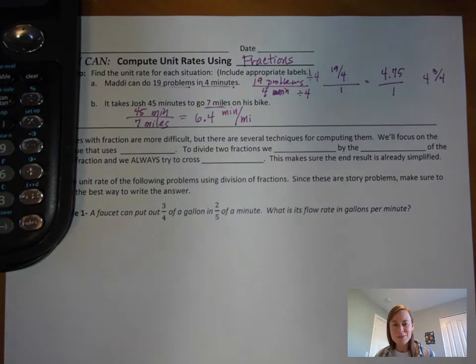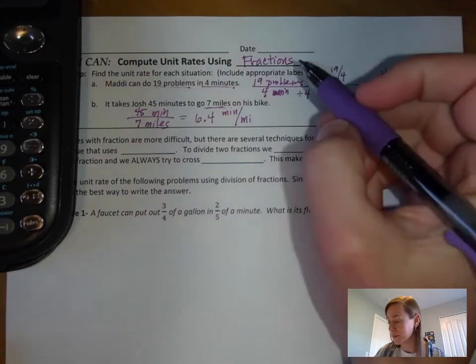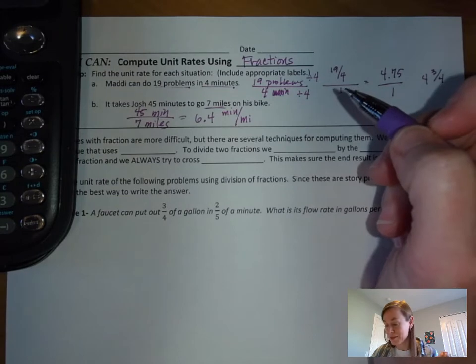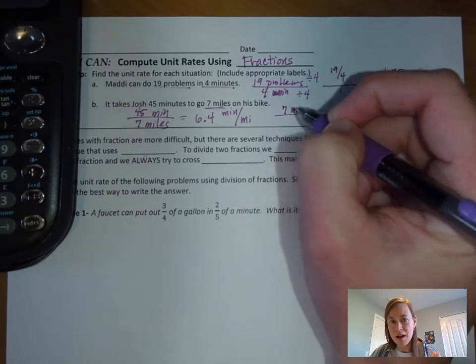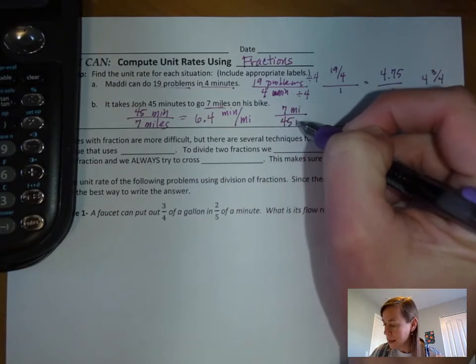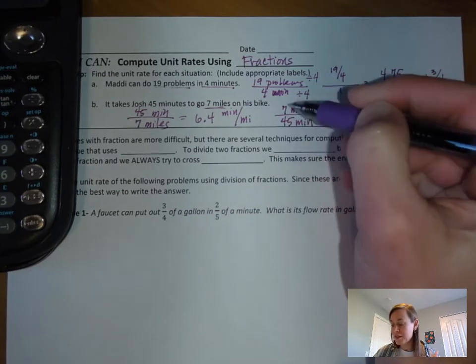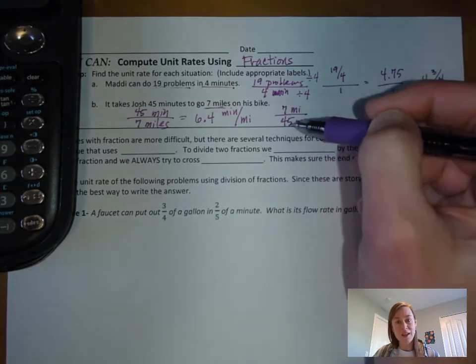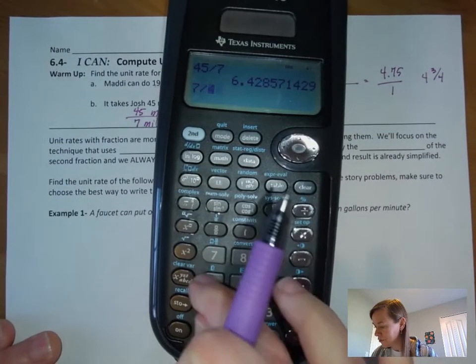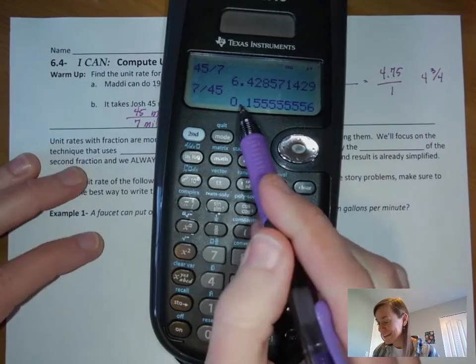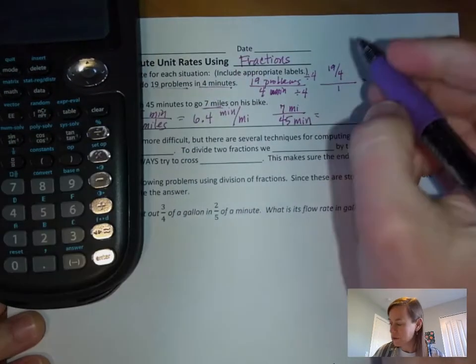Okay? Now let's twist this around the other way. What if we wanted to figure out how many miles he could go in 1 minute? In this case, we need to put the minutes on the bottom. Again, the number that's going to become a 1, that's the one that goes on the bottom. So if we want to know how many miles he could do in 1 minute, we would do 7 miles on top and 45 minutes on the bottom. We can solve this the same way with division. 7 divided by 45 will give us the answer. So let's just do that. 7 divided by 45 is going to be a very different answer. It's 0.15 repeating. I'm just going to say 0.16